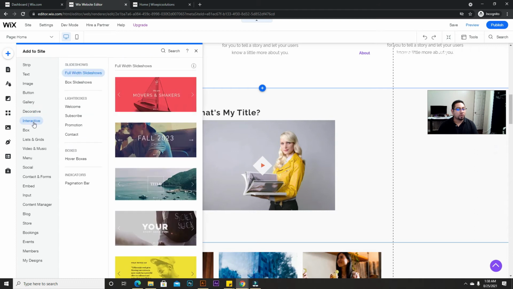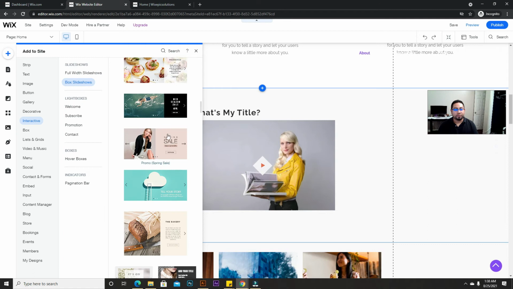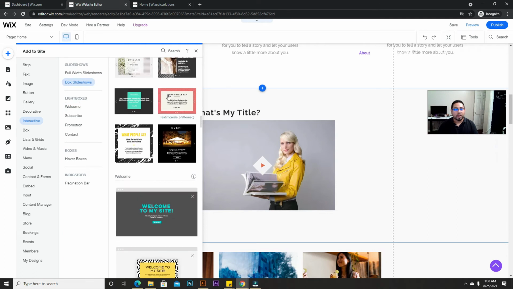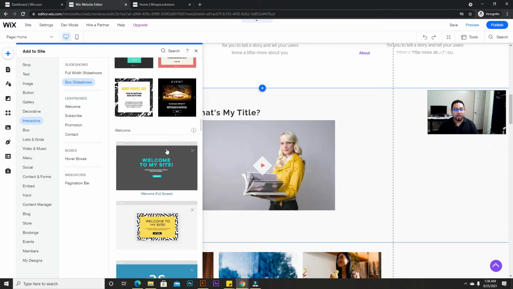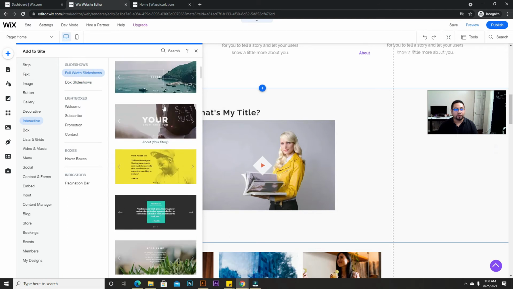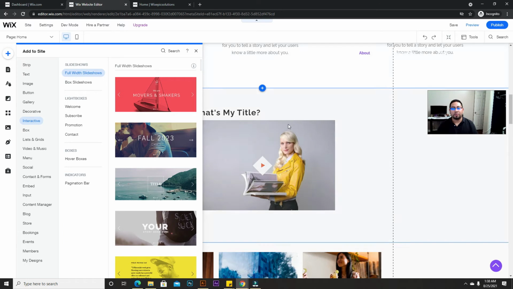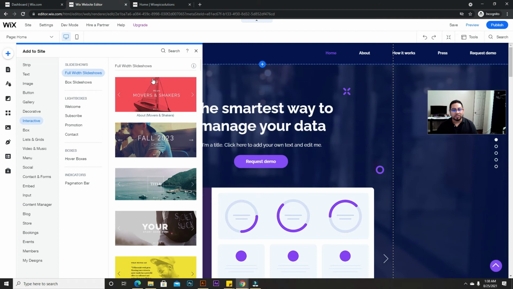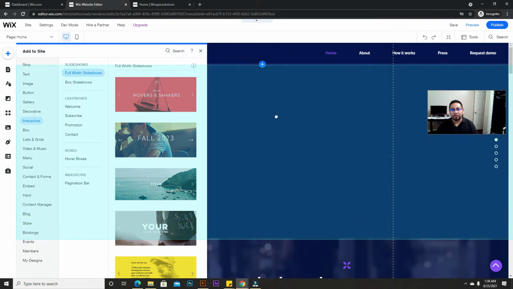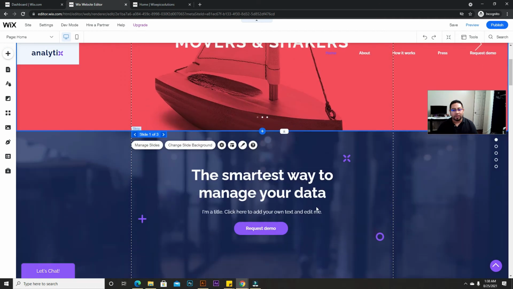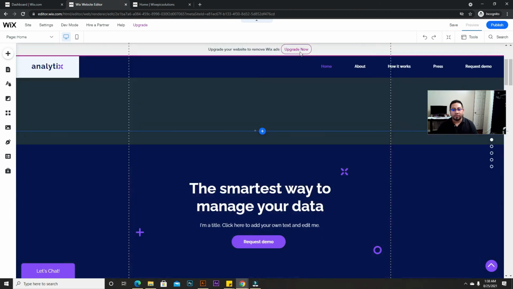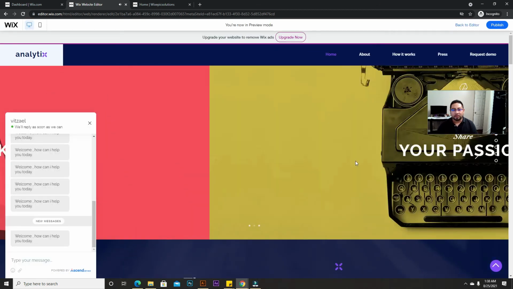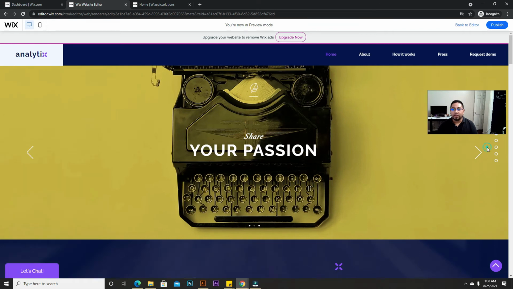So now we're gonna go on interactive, and right here is where you can add slides to the page, and they already have built some of them. So if you want to add just a slide box, or a whole banner at the top, this is where you'll find it. So let's say I want to go here, and instead of this, I want to add this one right here. I can just drag it right there, and boom, now I have it right there. So if I go to preview, you're gonna see now I have a slider, and it's right there,